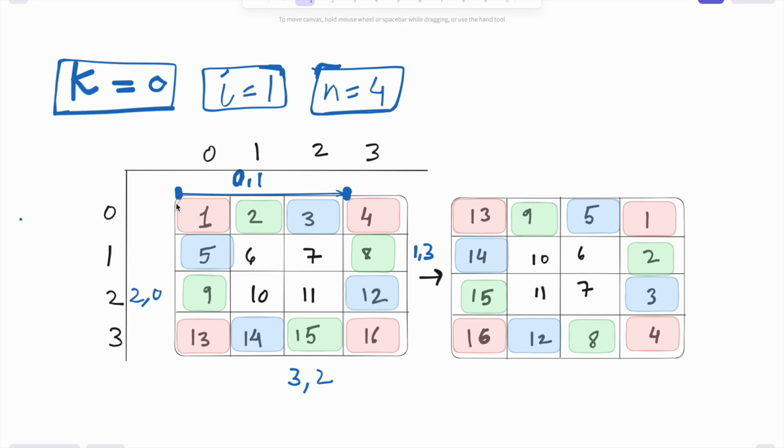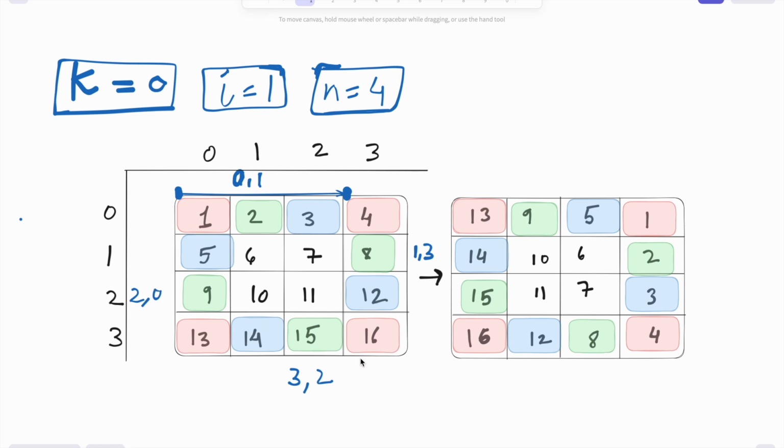So what's going to happen is that we're going to move from the 0th element, that is the kth element. In this case it would be 6 when k is equal to 1. From here we are going to move till the second last element in that row, and for each we are going to perform this circular swap. I hope that's clear. So here we are on i is equal to 1, our n is equal to 4, that is the number of columns or rows. See, 0 comma 1, 1 comma 3, 3 comma 2 and 2 comma 0, these are the important elements where we are going to move.